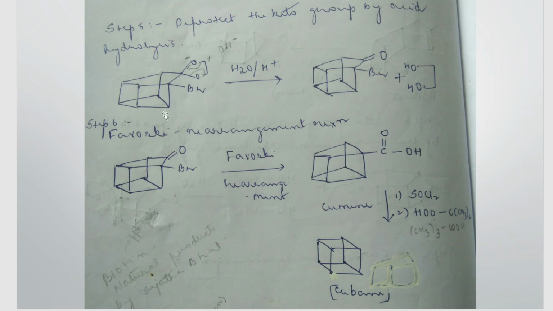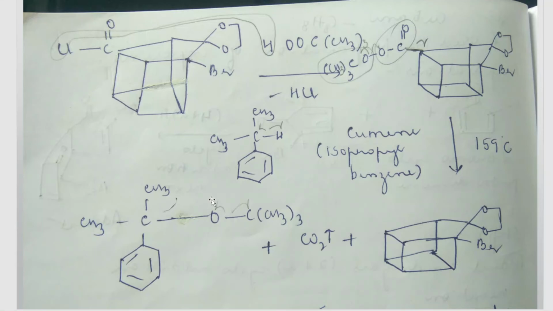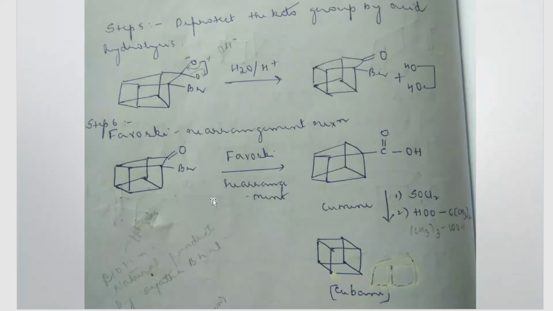Whatever steps we did in the previous part, all the steps that happened, the same thing will happen to the other side also, so you don't have to write it again, it's shown in the previous steps, right? So the same things will be done to the other side ketonic group as well, and finally you get a cubane molecule. So the synthesis is actually very, very simple, because step number 6 is actually the repetition of steps number 4 and 5 once again on the other side.